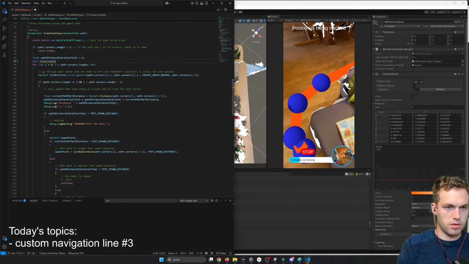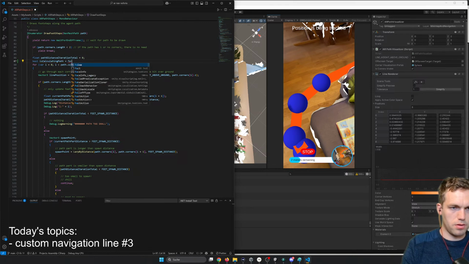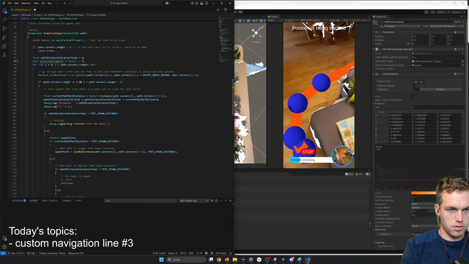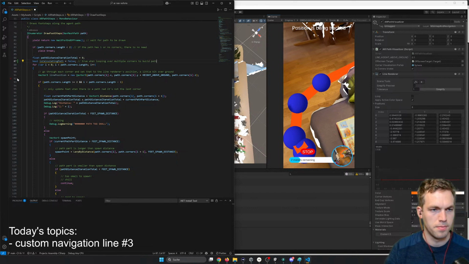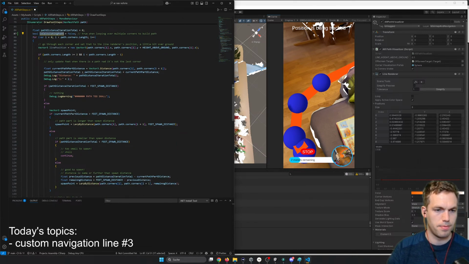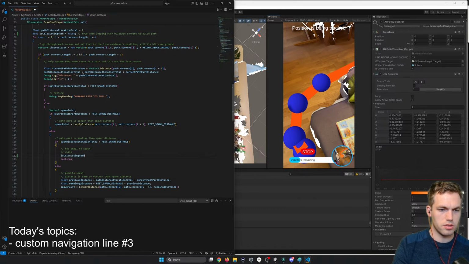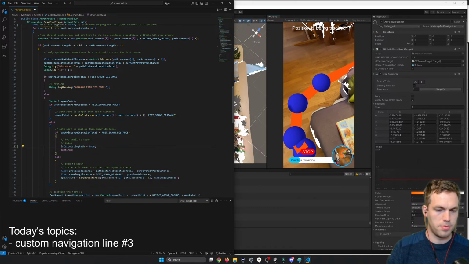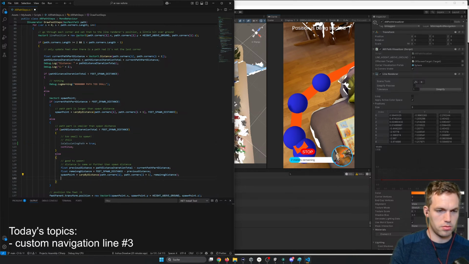Is path under construction is true when looping over multiple corners to build the path. So as soon as this is the case, we set this to true. And as soon as we spawn it,